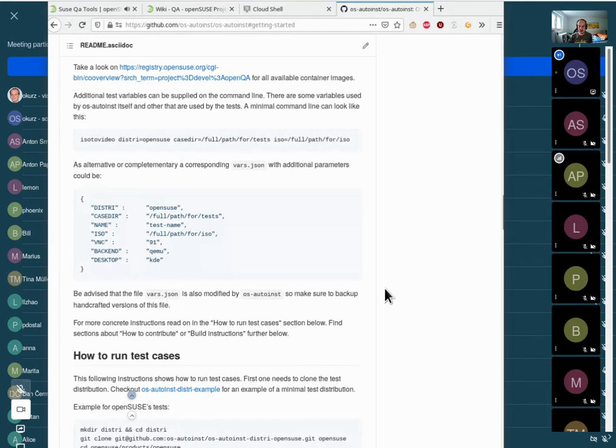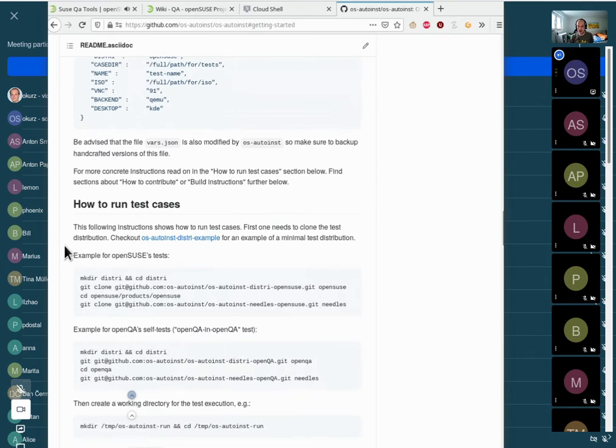If you have a backend which you can't support, like not QEMU, but let's say S390 or bare metal, then of course you would need to have this variable set accordingly locally, right? Nice. Thank you. Right. Okay. So